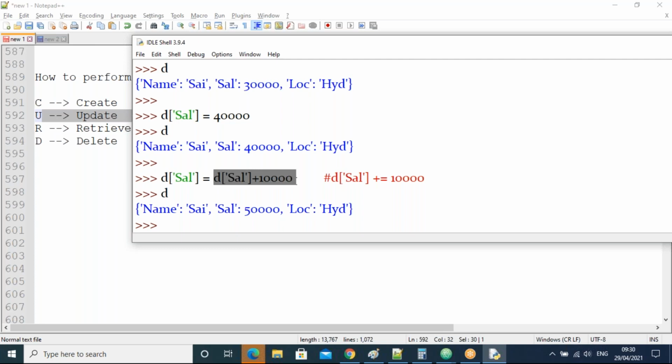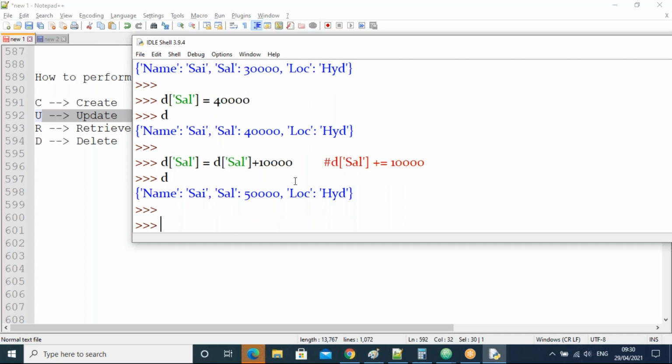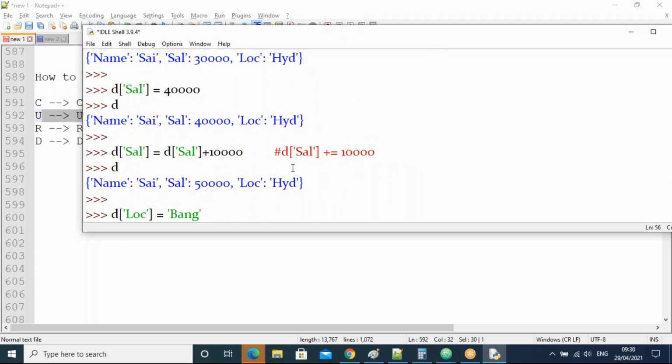Next one, I'll take d of location equal to Bangalore, like this. I want to update the new value. First of all, it will check in the dictionary: do we have location or not?